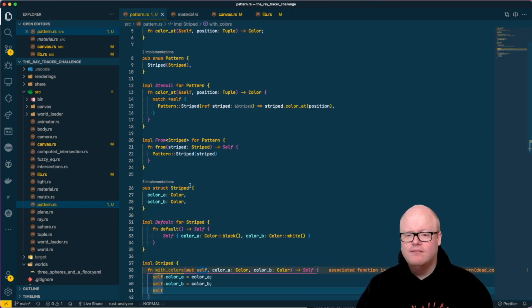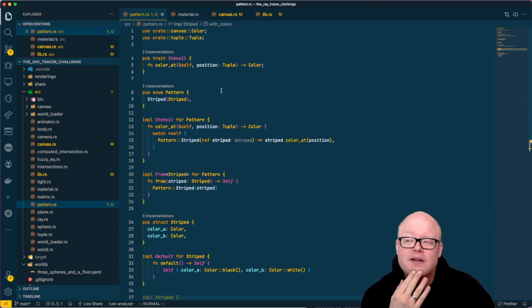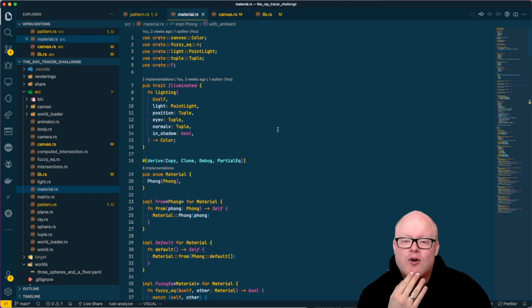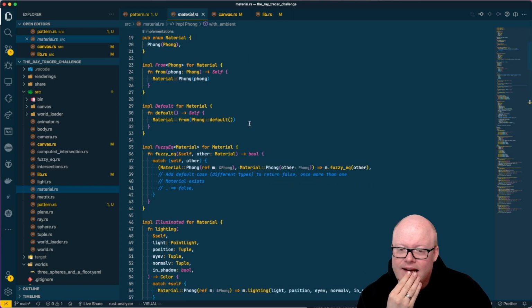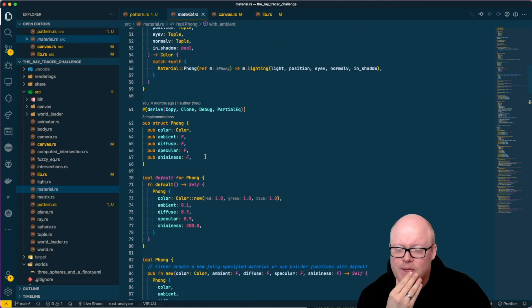So I guess, if this is everything we need to do to implement our first pattern, this would be quite nice. We of course need to use it, but let's see. I guess this is already our first pattern. Okay, so now we need to somehow use this. I'm thinking it needs to be incorporated into a material, of course, because our lighting calculation needs this information now. So our material here, in our case our Phong material, will now get a new property,